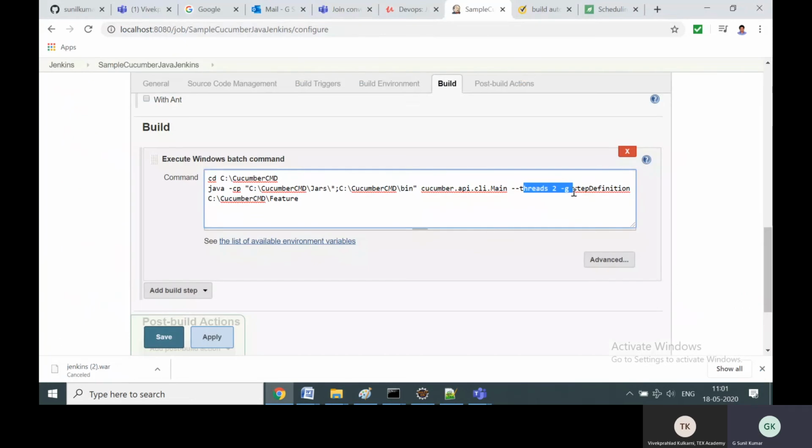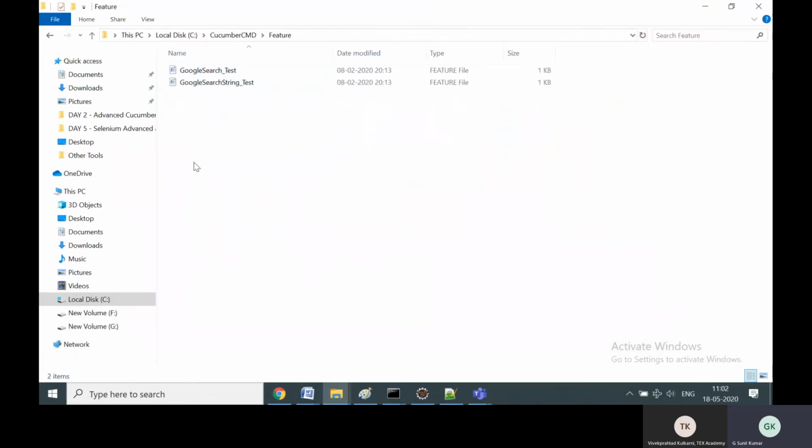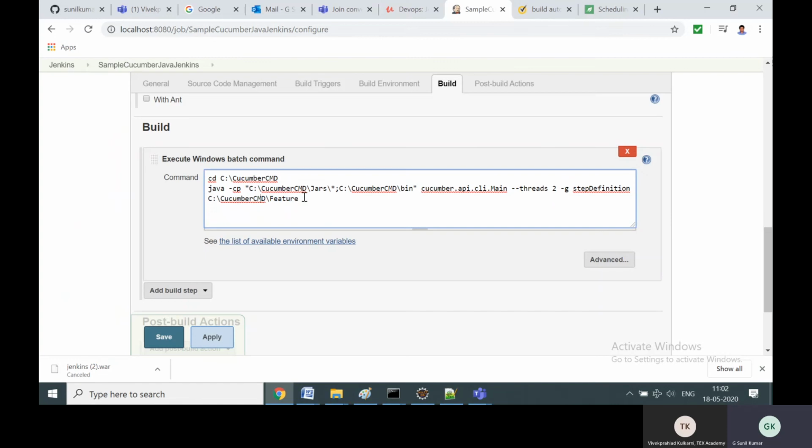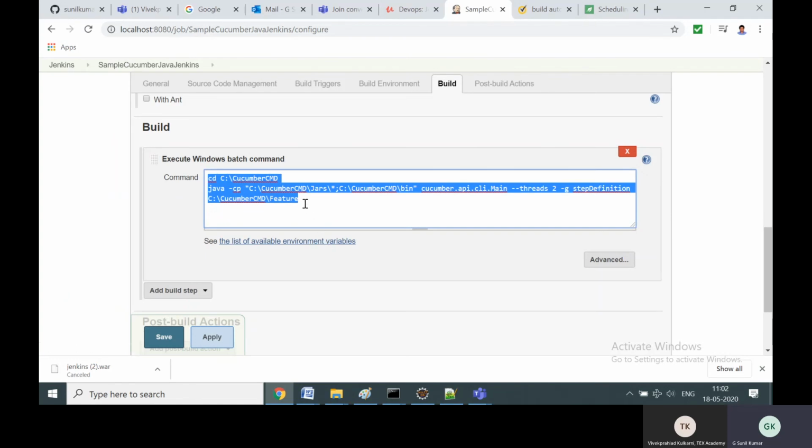Then it shows the Cucumber CLI runner to execute in the command line, Cucumber API CLI, and then the step definition, which I am passing as Cucumber CMD, including the step definition folder and the Cucumber feature file location. All these details I'm passing in the Windows batch command.